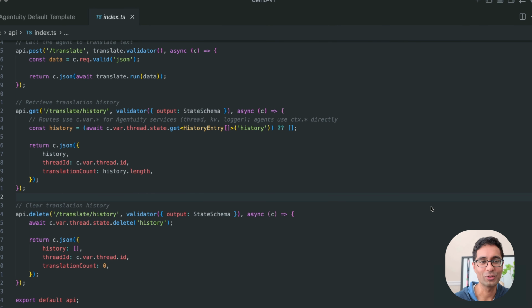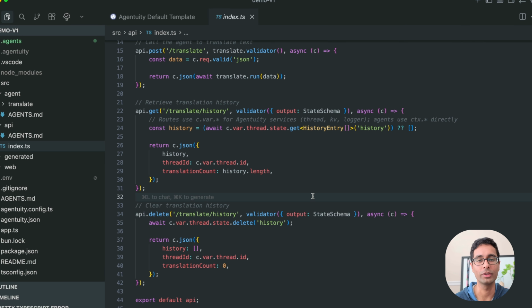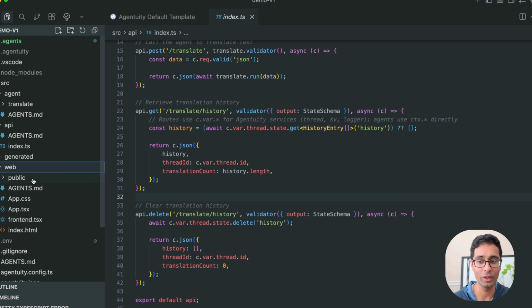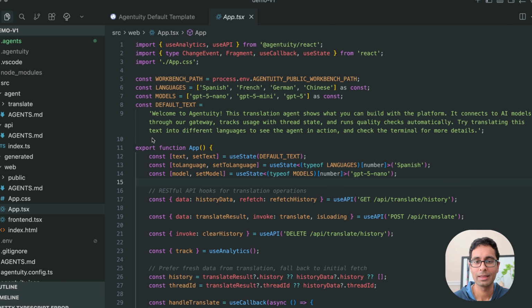And now lastly, of course, we'll take a look at the front end. One of the really cool parts about V1 is that you can deploy a front end alongside your agents, alongside your API routes, all from within a single project. So to do that, we'll go ahead and take a look at the web folder,